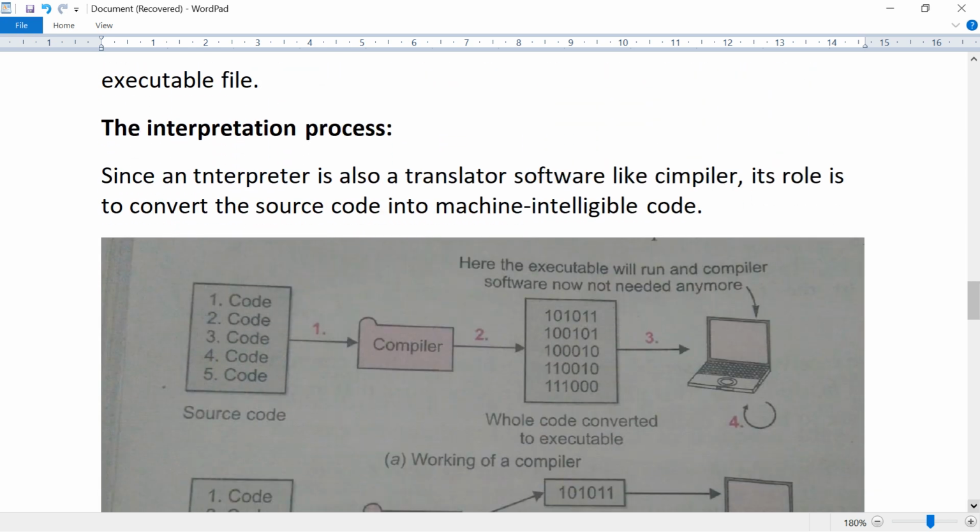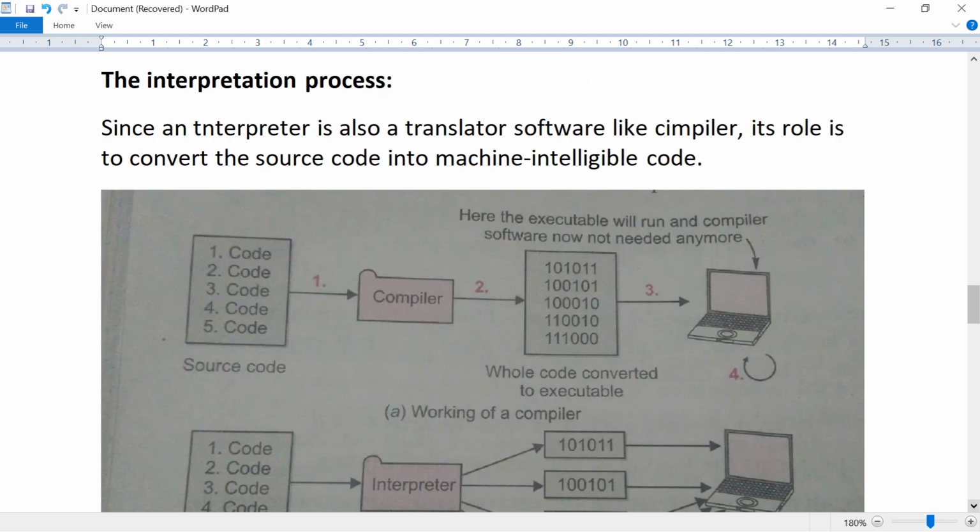There are mainly compiled languages such as C, C++, C#, Scala, etc. There are many interpreted languages such as Python, Perl, PHP, etc.